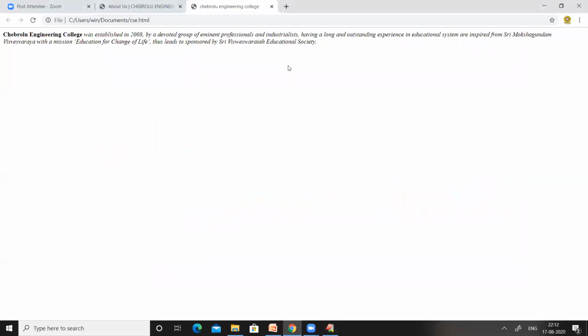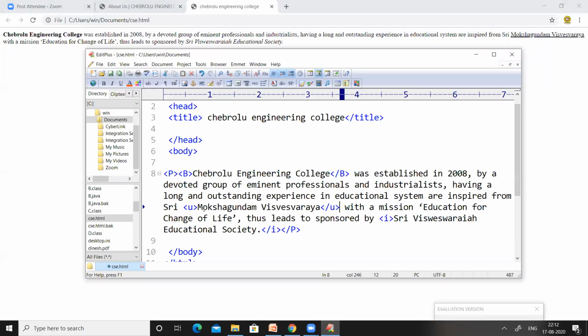This is the previous output. There is no underline below any text or any word. Now, if you press the refresh button, you can observe that there is an underline at the bottom of Mokshagundam Vishveshwaraya, because we have used this underline tag, the U tag, and we have ended it here.